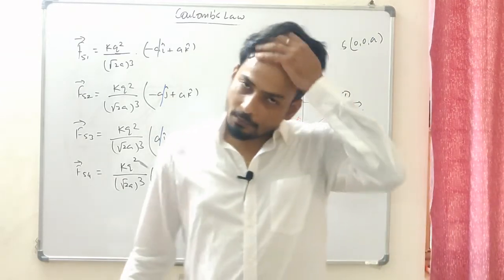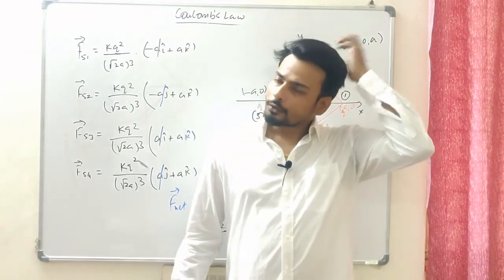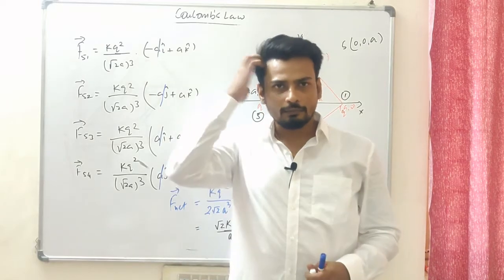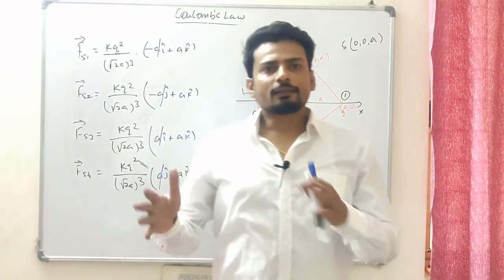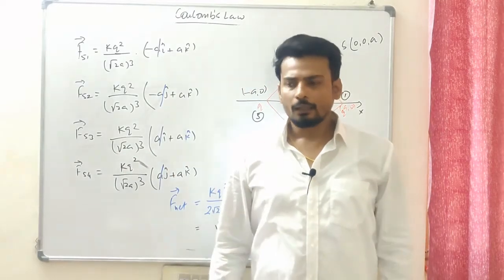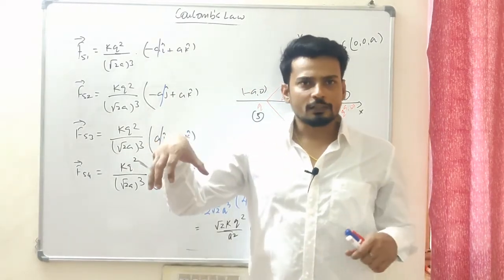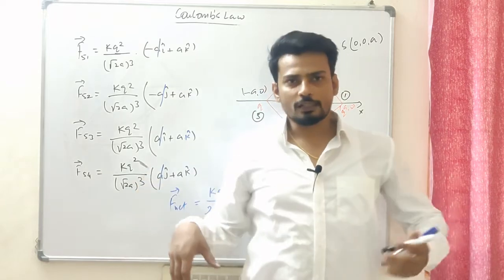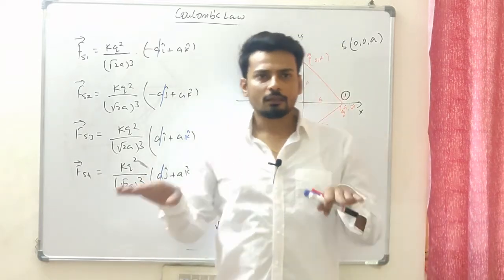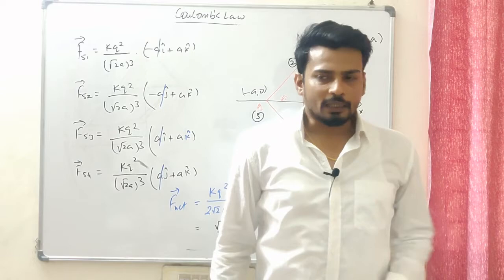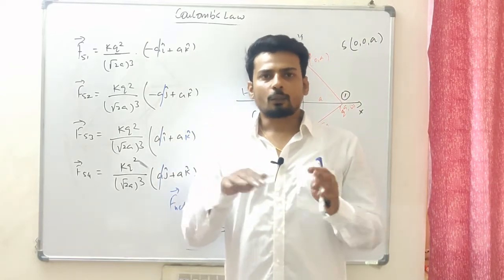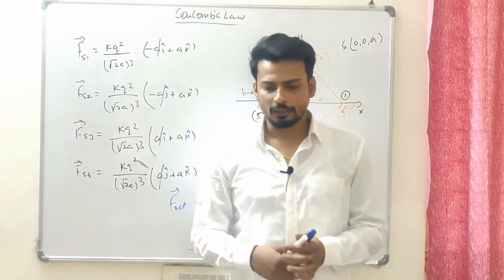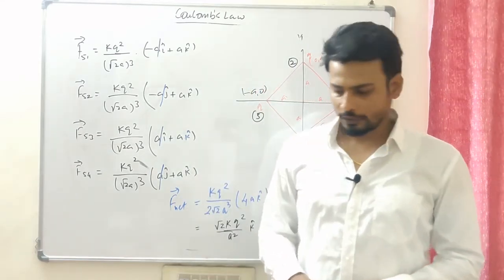So the idea is very simple. If we bring charges together of the same size, let's suppose I bring two spheres together of the same size, the charge will get distributed equally. Very simple. Let's suppose I have one bucket of water which is completely filled and another bucket which is, let's say, half filled. If I bring them in contact through some connecting pipe, the water will get to an equal level, right? Until then, the water will keep flowing between these two buckets. So that is the principle which works here as well.